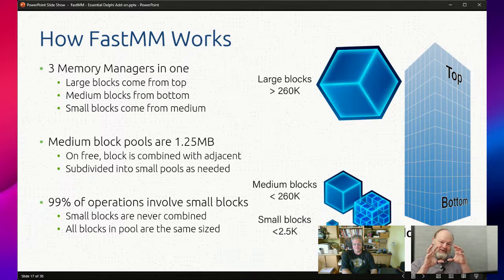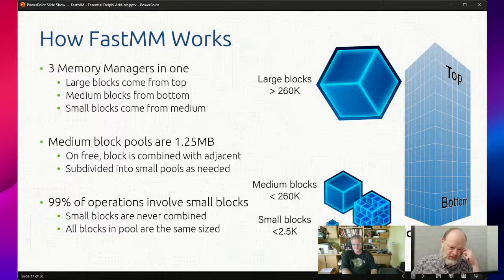It then takes a medium chunk from that pool and converts it into a small block. And small blocks, everything in a small block pool is the same size. When the medium-sized ones are freed, it recombines them back together, so there are never 2 adjacent free chunks or blocks. But the small ones, it never recombines for performance, because 99% of your allocations and deallocations are small ones, and so that way it can change really fast and not have as much slowdown from that.